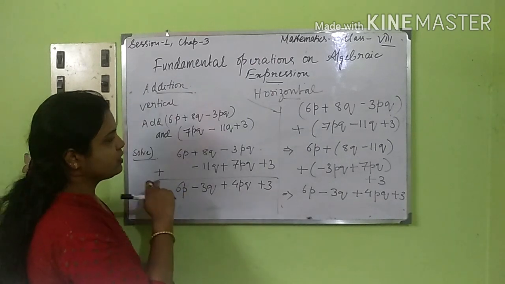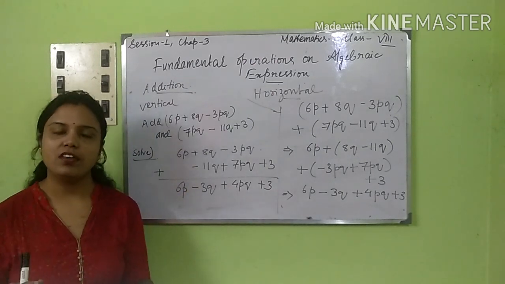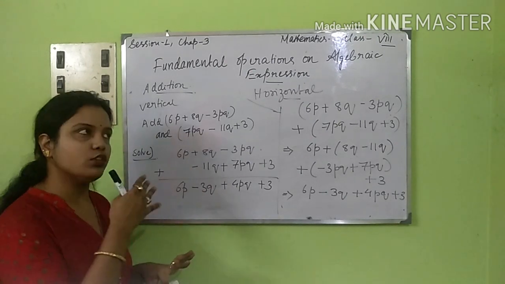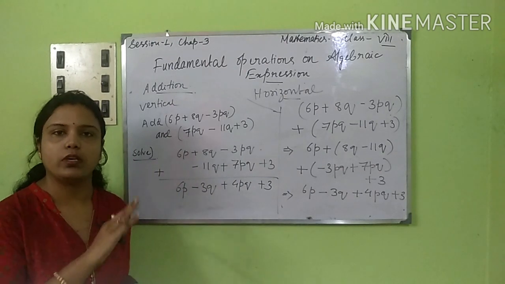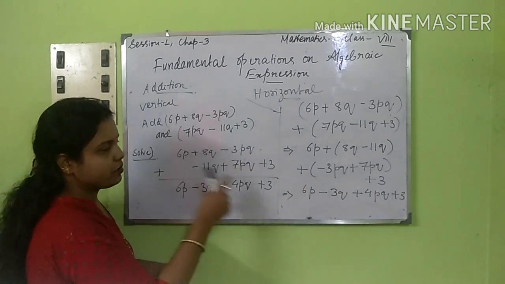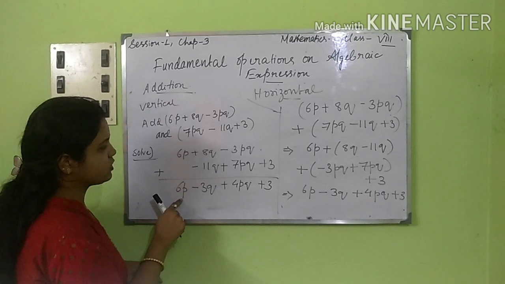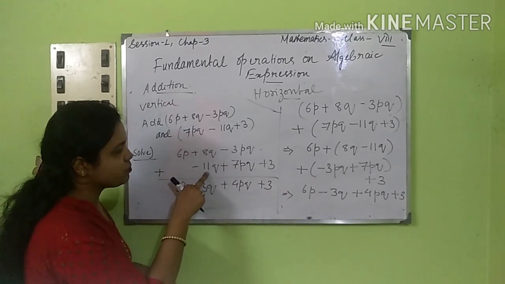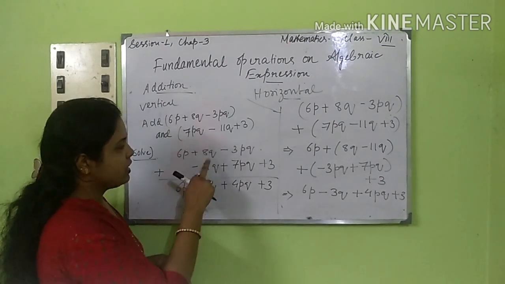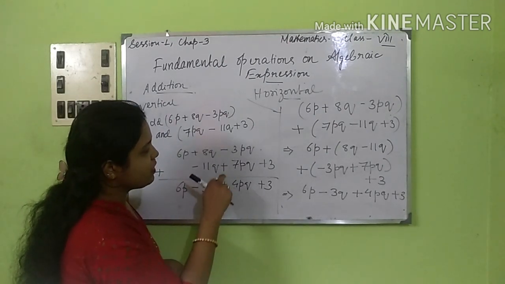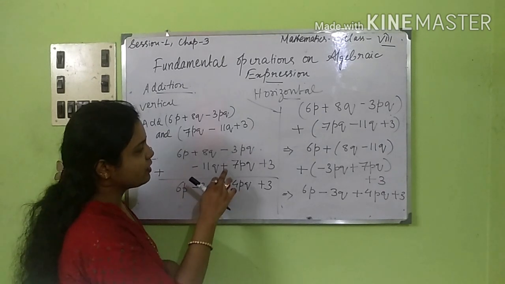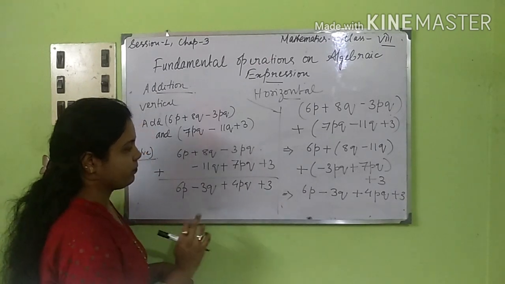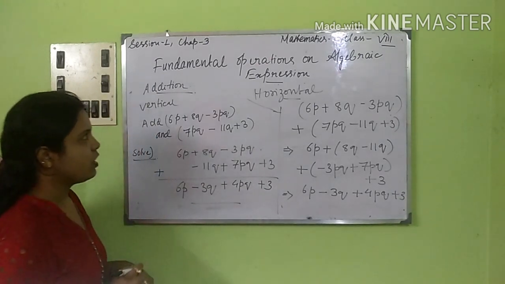Now for this, let me tell you, class 7 will have this as the second chapter of algebra, the operations chapter, and for class 8, this will be the same chapter which we are continuing. Now as you are adding up, here there are no like terms for 6p, so 6p. Then plus minus gives minus, and the term which is bigger, that sign will come. It is 3q. Plus minus minus, again we will do the operation, but here the sign of 7 is bigger, so plus 4pq plus 3. So this is your answer for the vertical method.